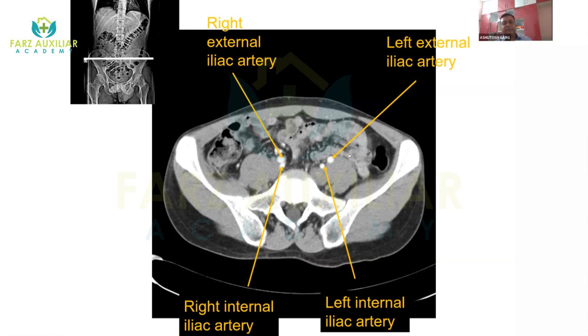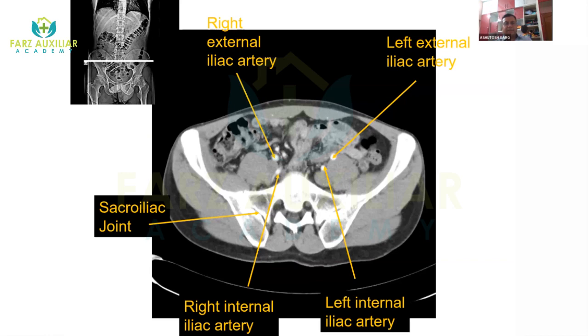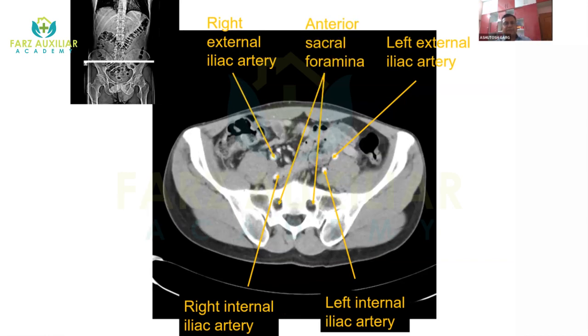So initially the aorta divided into two, the right and left common iliac arteries. Then both arteries divided into two: right external iliac, right internal iliac. Then left external iliac and left internal iliac artery. So this is the bifurcation of the arteries, then you can see the sacroiliac joint and